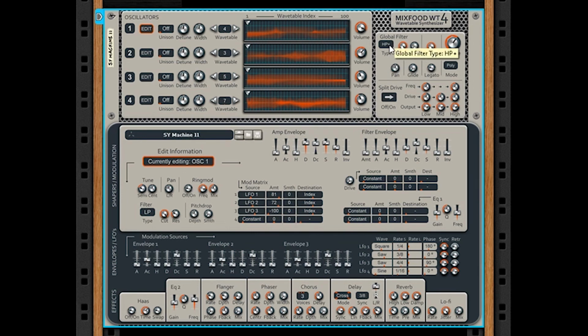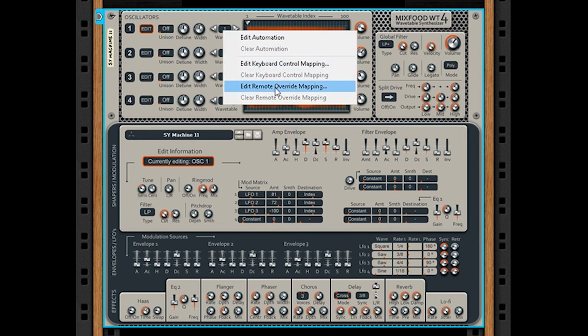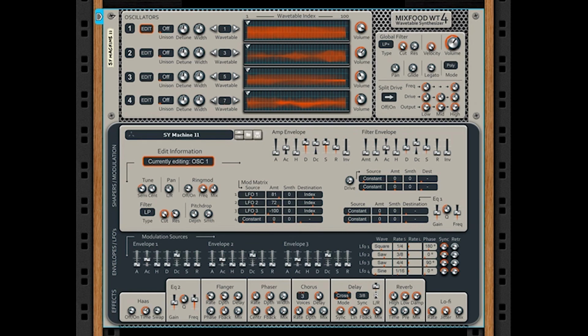There's no drop down menu, there's no right click, it's all just mousing up and down, which is a little bit of a nuisance. But same with the wavetables over here. If you mouse up and down, that's how you cycle through them. Of course, you can go ahead and hook this up to like a remote override or something and do it that way. So now you can see that if I play,